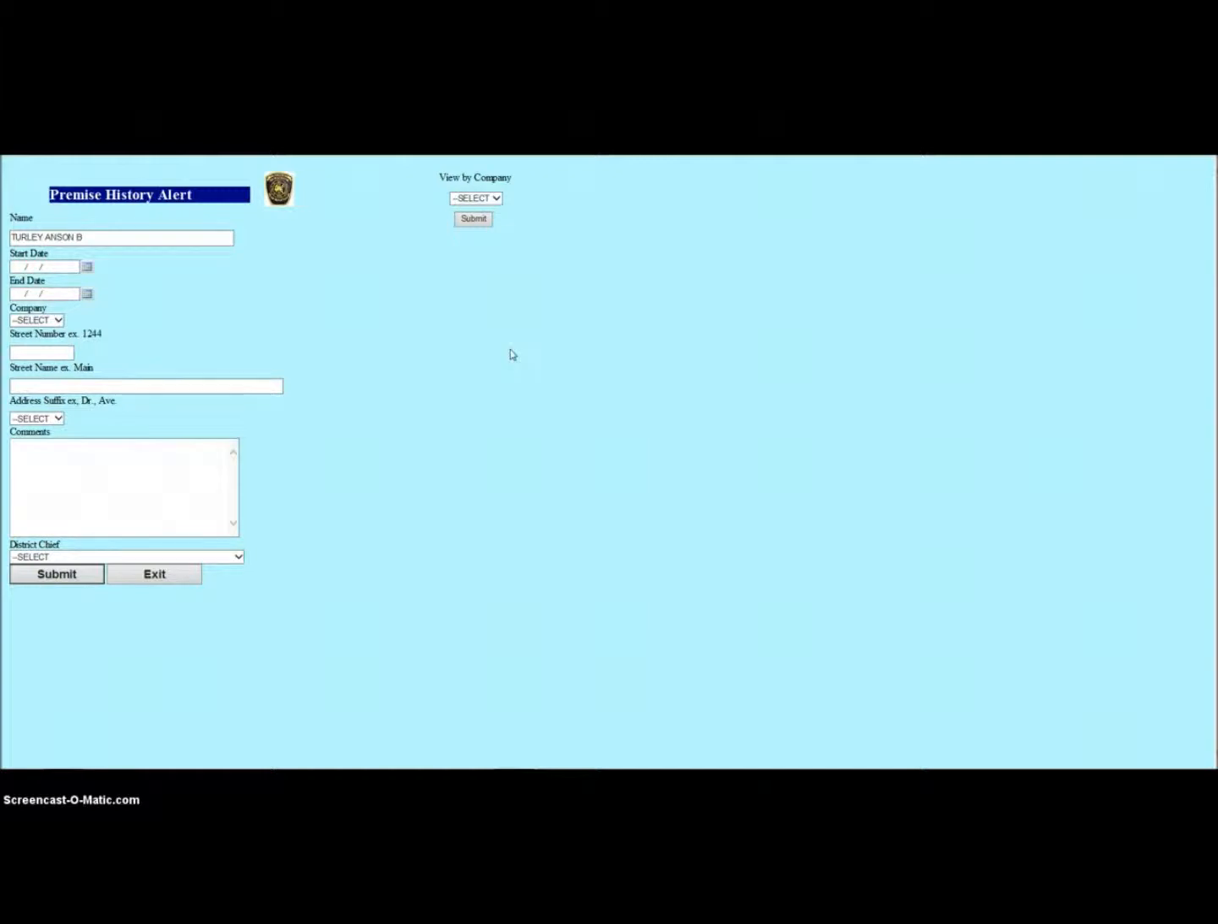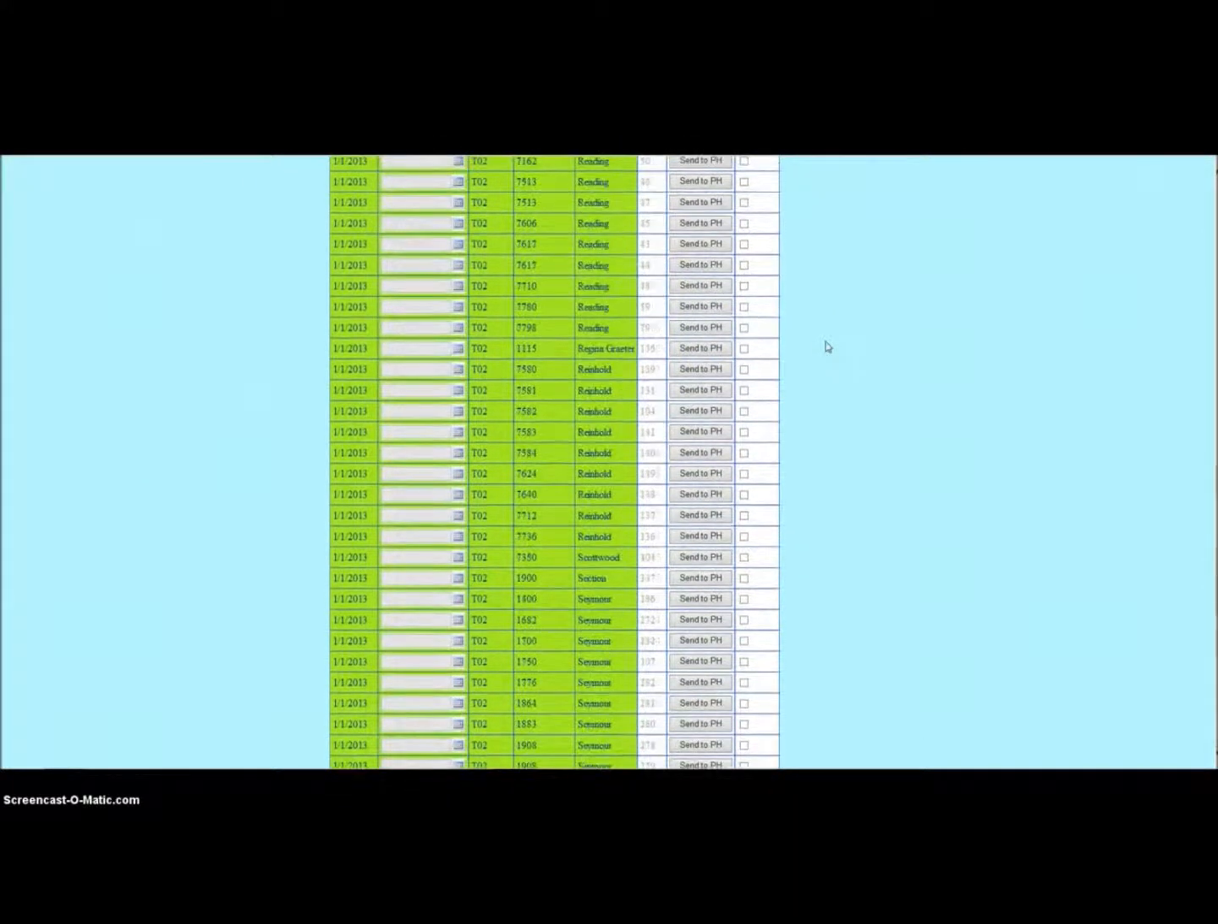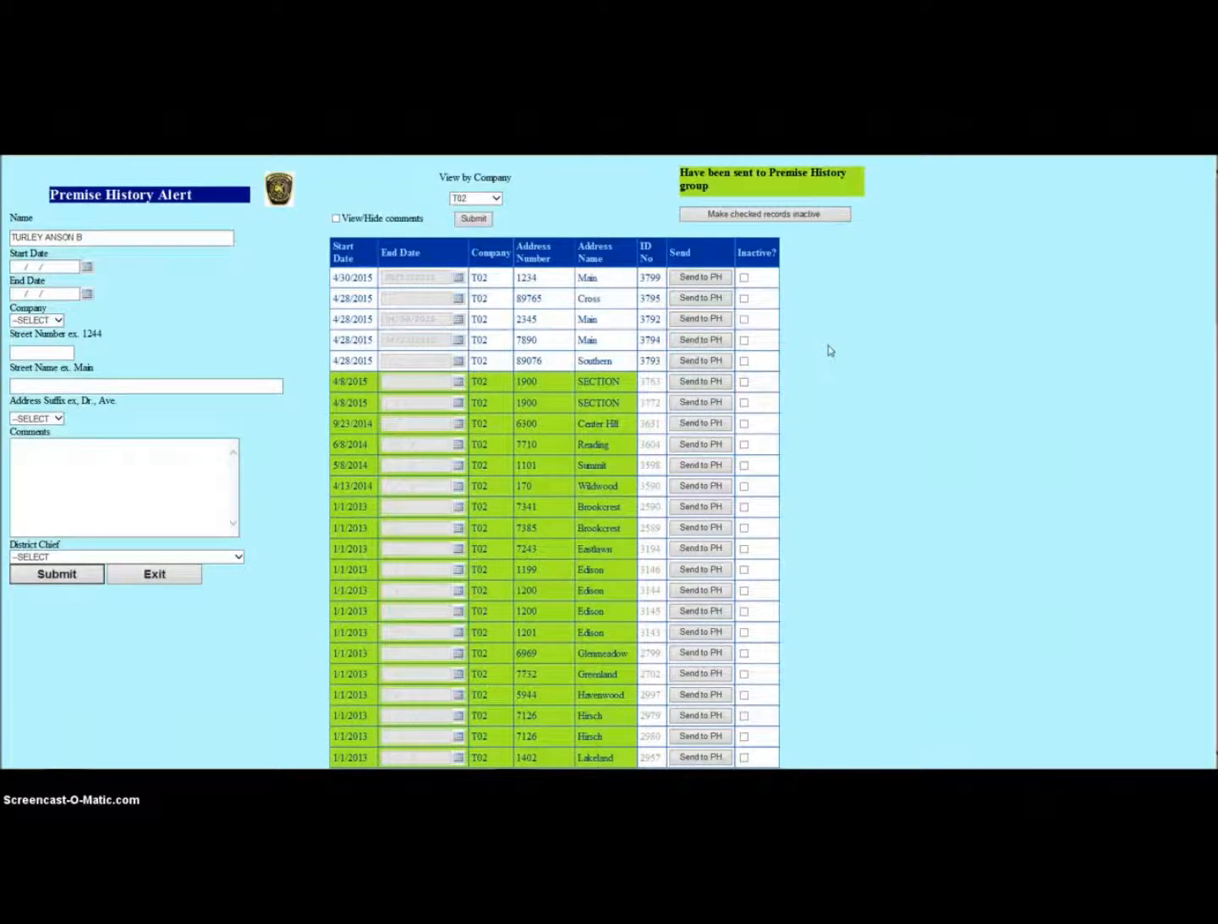It's important to remember that the premise history for review was sent by Truck 2. So you will pick Truck 2 from the pick list and hit Submit under the View by Company tab. Doing this will actually bring up every premise history that Truck 2 has active in the CAD, including those that need to be reviewed,